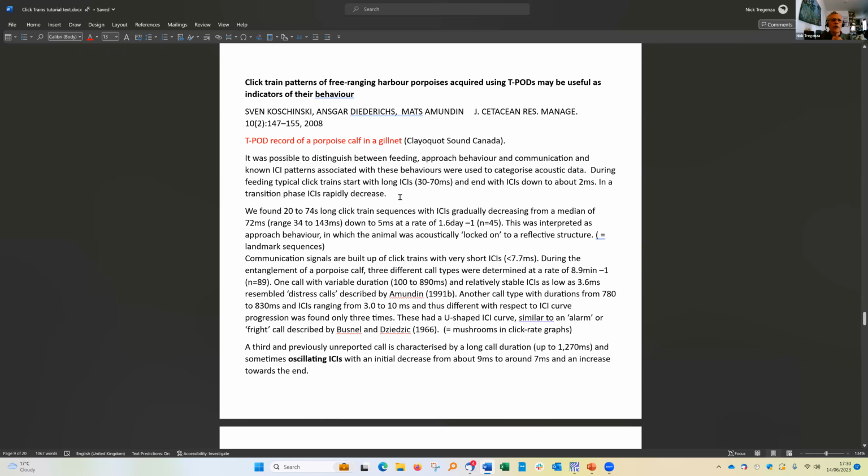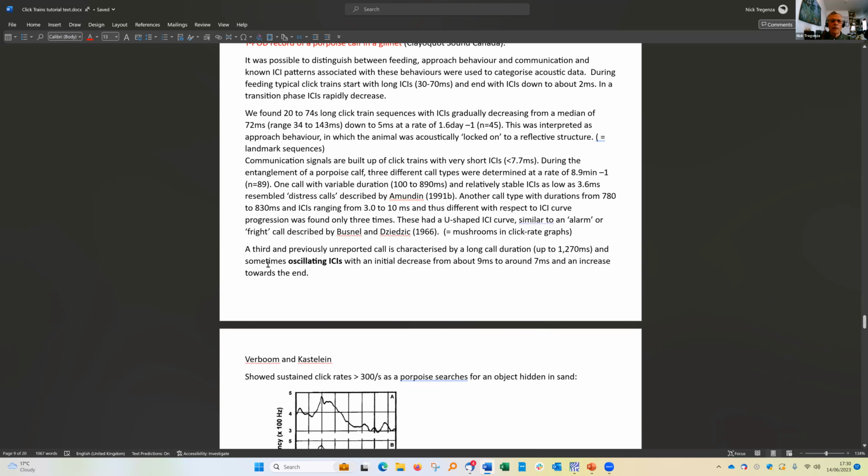Here's a much earlier paper using T-pods. This one was rather extraordinary because the T-pod was near where a porpoise calf got caught in a gill net. And so these guys, Sven Kosinski, Ansgar Diedrichs and Mats Amandine, described 3 different calls there. And one of them had long calls with oscillating interclick intervals, which is quite an interesting concept that we'll see